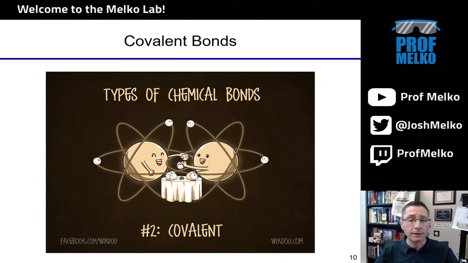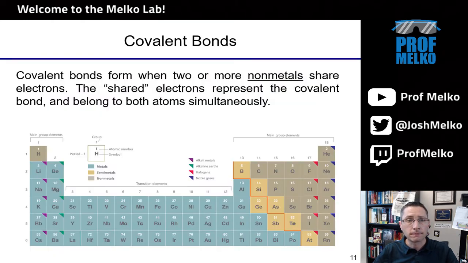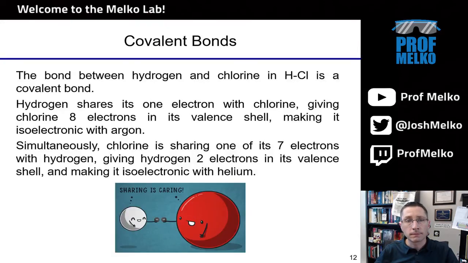That's different than covalent bonds, shown here, where you're sharing electrons. Here you're both putting some electrons into some common pool that both atoms now have access to. That's the nature of covalent bonds. Okay, so this is when two or more nonmetals share electrons. So the sharing really only happens between elements that are nonmetals, these over here, plus hydrogen. Okay, they're the ones that are able to share these electrons and form covalent bonds. For example, the bond between hydrogen and chlorine, both are nonmetals, that is a covalent bond.